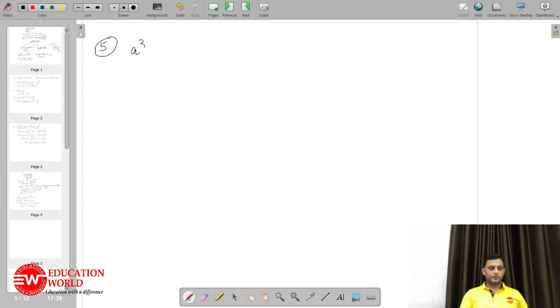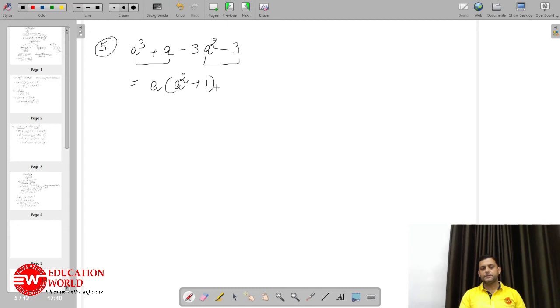It is a cube plus a minus 3a square and minus 3. So out of this one I will make a group, and this I will take. If not, you can change the pairing until you get both the brackets the same. You have to change, there is no other way. a 3a1, so 1 is common inside. Out of 3, 1 I have taken, so plus 1. See here, now it is plus 1.